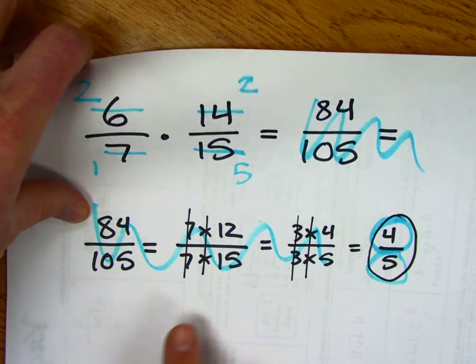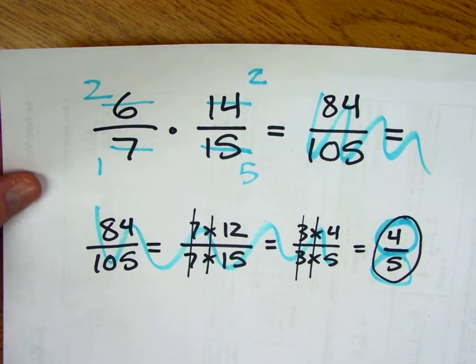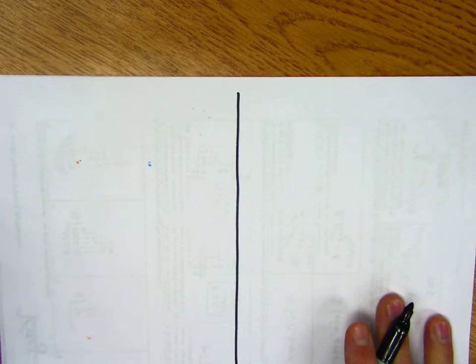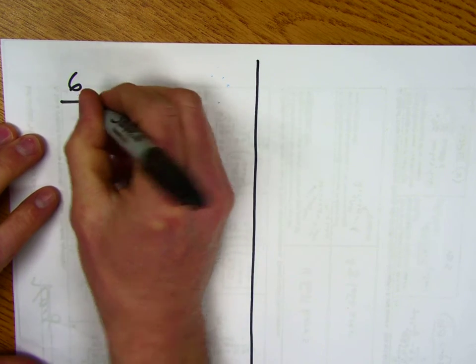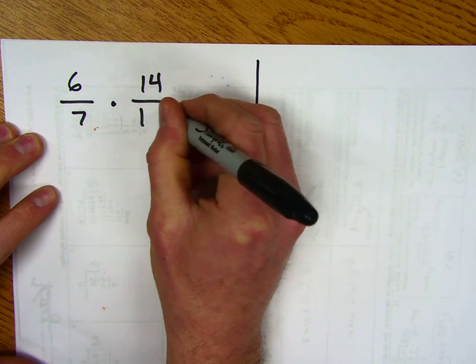Again, some students say that seems kind of tricky, like how'd you pull that off? That was so easy, does that always work? So I thought I'd show a couple ways to help you understand why that works. Okay, so the first way is to recognize that if you have 6 sevenths times 14 fifteenths, and you're thinking